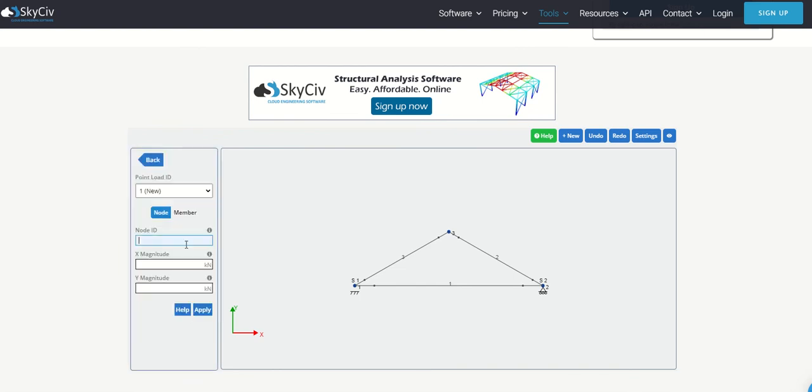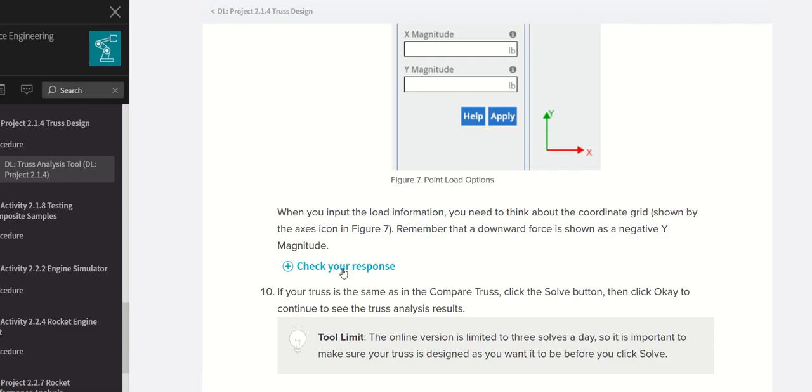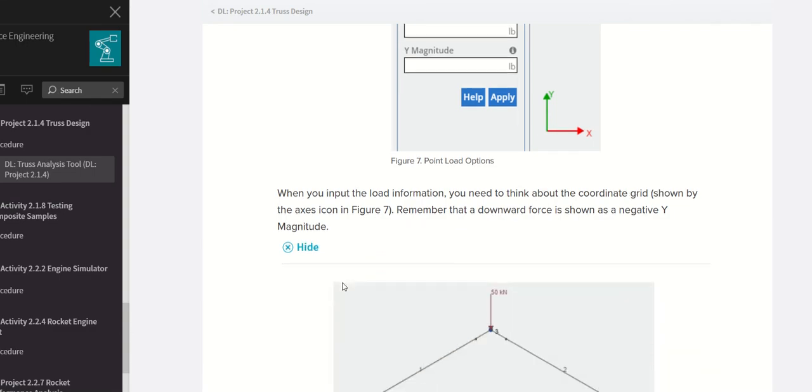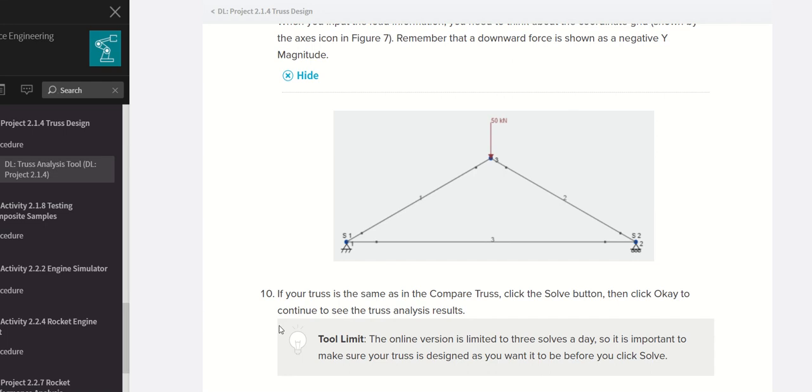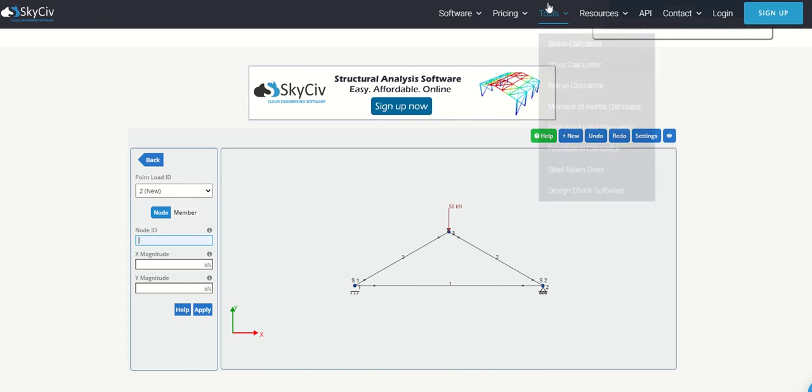So I want it at node 3 with a magnitude on x of 0, but it is downward, so it's going to be negative 50. And then apply. And this is how it looks. Then also you can check your response right here. And this is exactly what we have: pin support, horizontal roller support, the members, and then 50 kilonewtons of force applied at node 3. That's what we have. Okay.